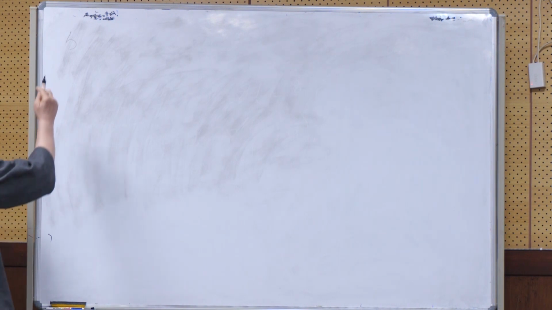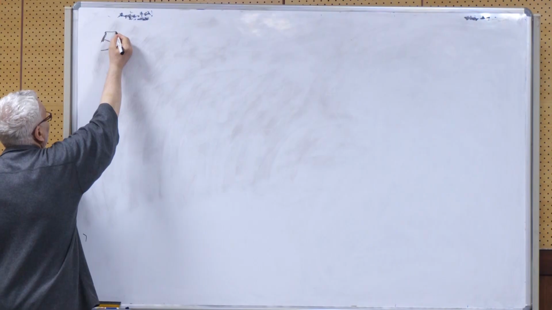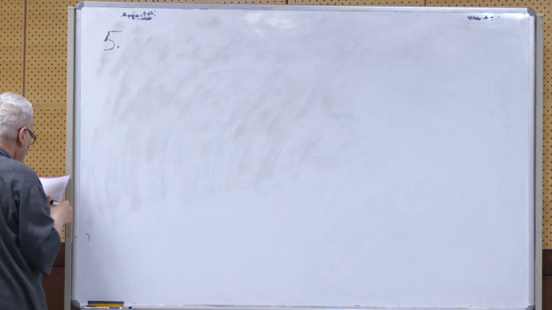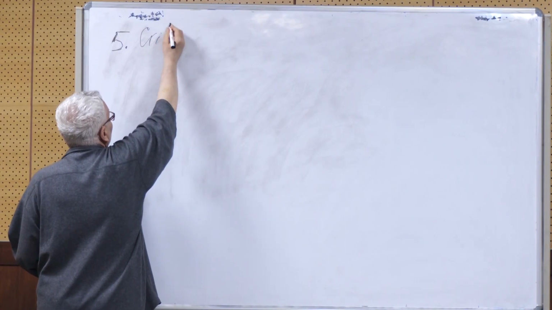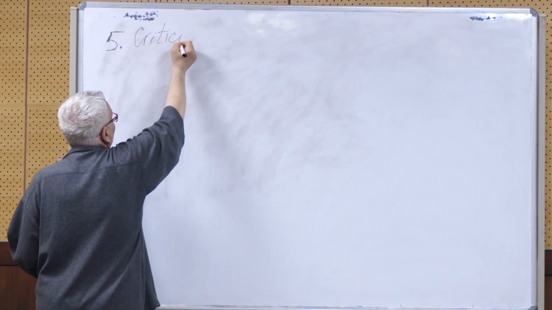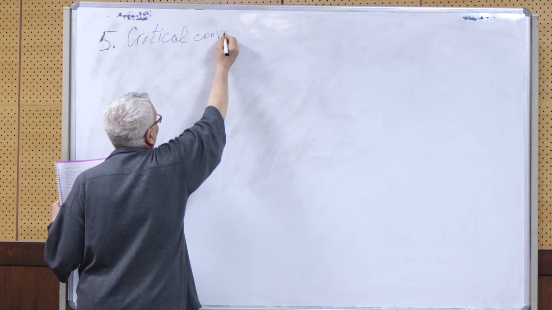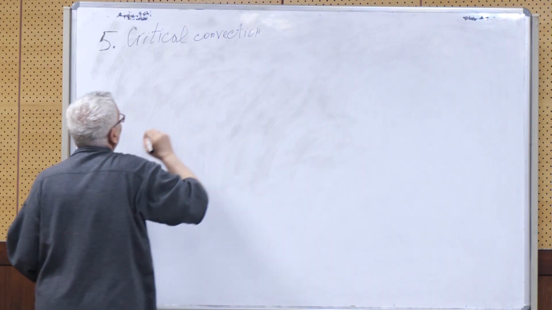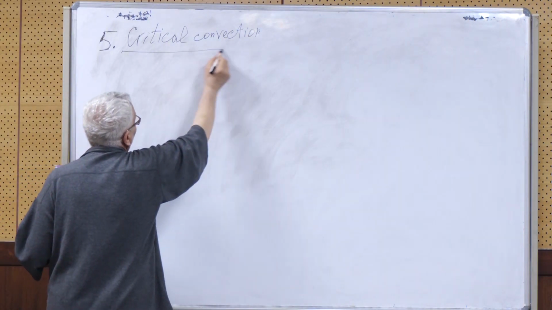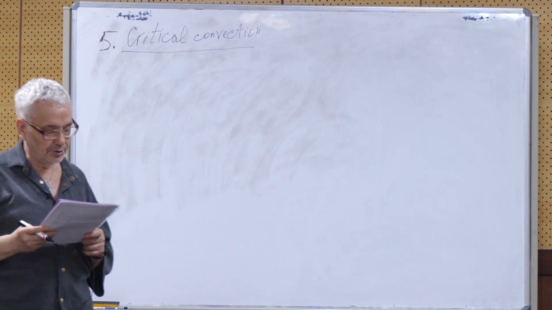Okay, we proceed to chapter 5. Its name is critical convection. Okay, maybe it's rather important stuff which we are